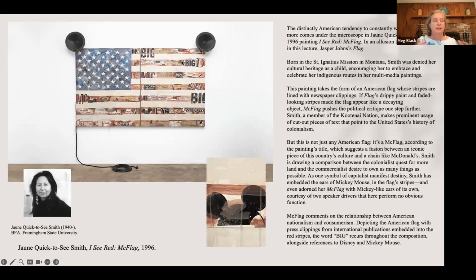We want big houses, big cars, big lifestyles, and how that impacts our environment when we collect too much, when we have too much. She equates big with the Big Mac, where big is right in the name. And then with Disney World, which is also very big, every building is giant size, way bigger than it technically needs to be. And then she has these Mickey Mouse ears, a commentary on the bigness of America.